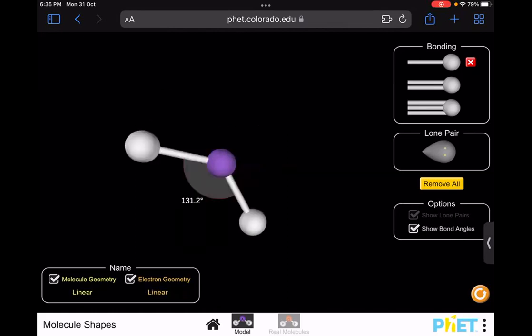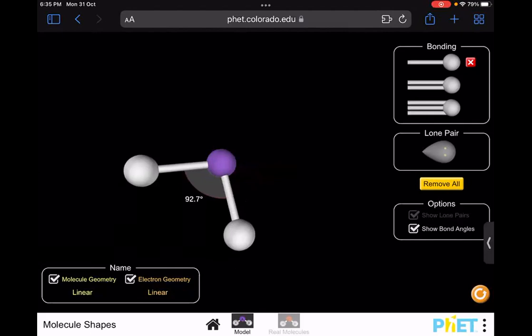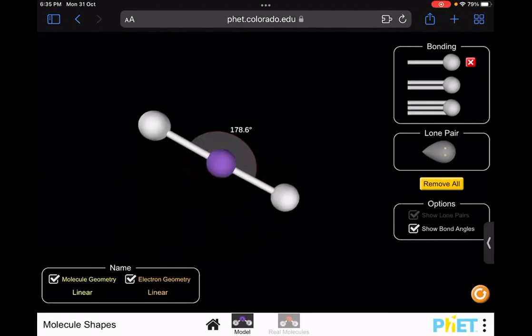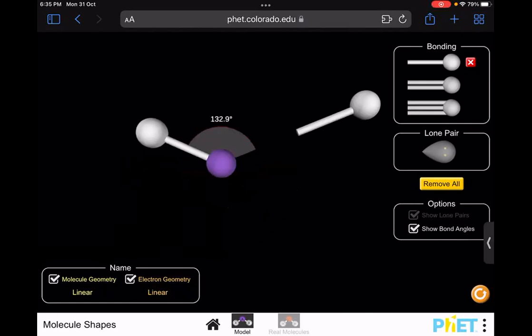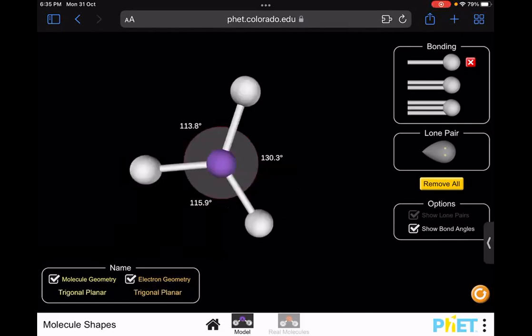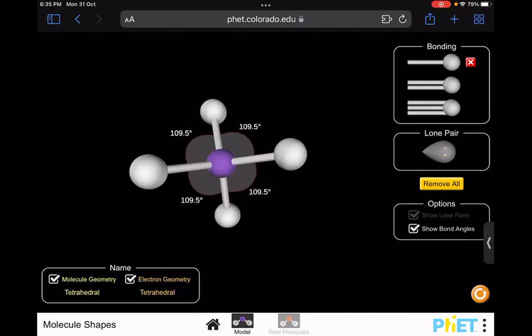It becomes bent. Now 4. What is the shape? 2 bonds, 1 in the up and another in the down. What is the shape? Tetrahedron. When you are removing 1,